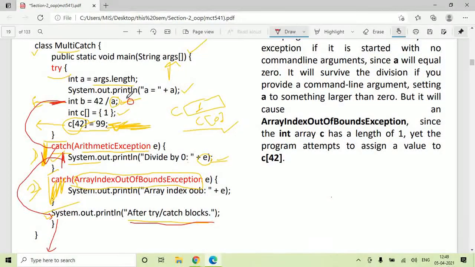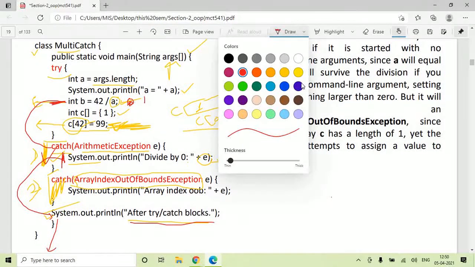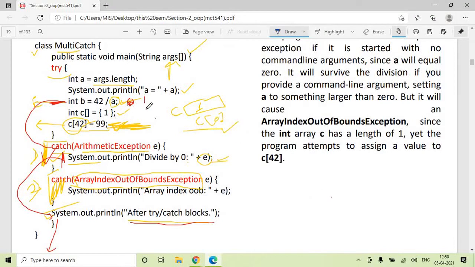Another scenario: a is not equal to 0, let's say a is equal to 1. So you will not get any exception from here. This line is okay. From here you will get an exception, so an appropriate exception object gets created. What kind of exception is this? Array index out of bounds exception.